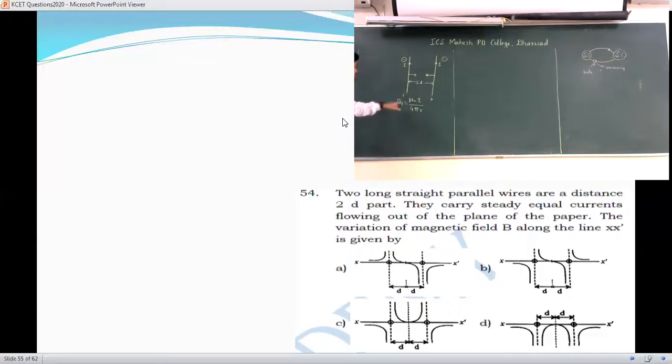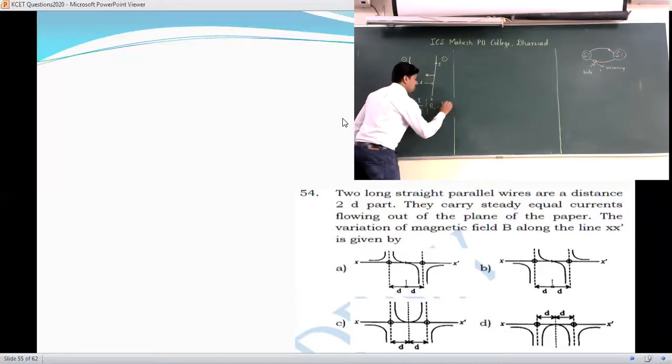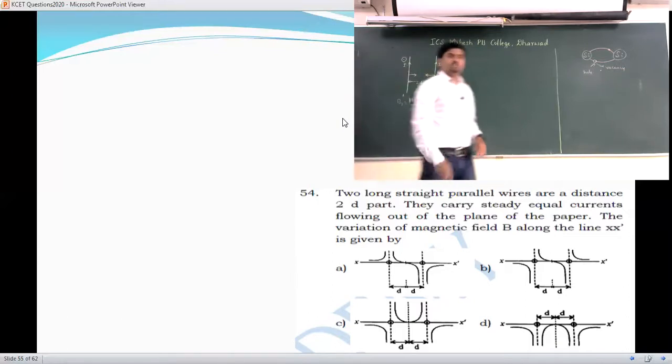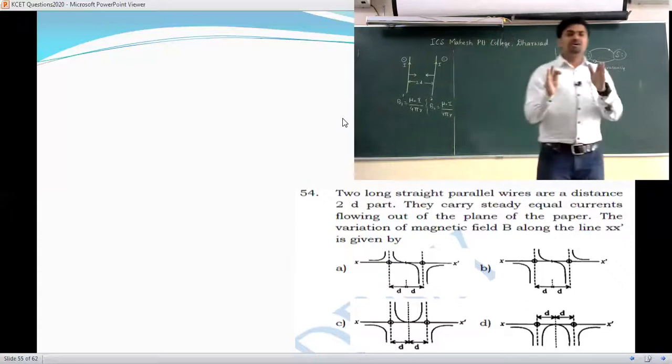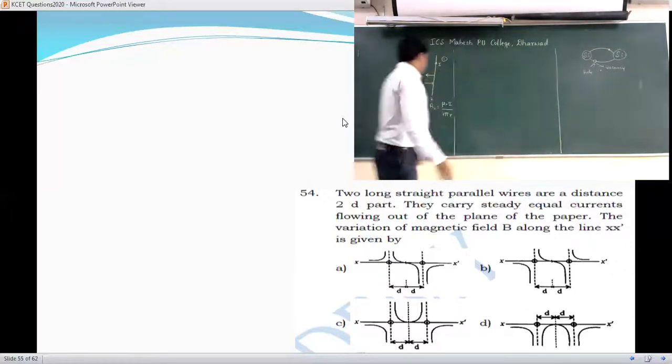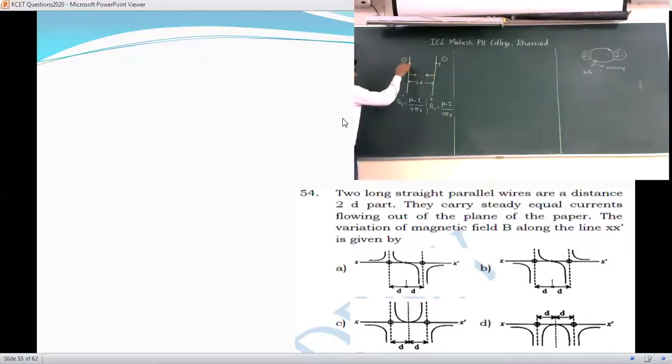And due to this, the magnetic field at the second conductor is B2 equal to mu naught into I divided by 4 pi R. There is no change in the value of the magnetic field because the same amount of current is flowing there, so you get identical magnetic fields. But here, according to the direction of the current, the magnetic